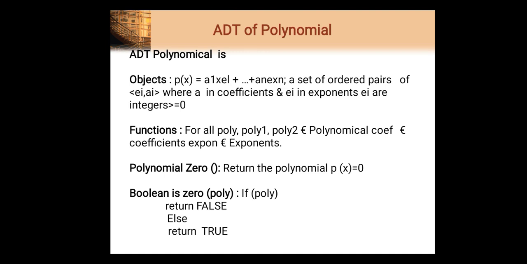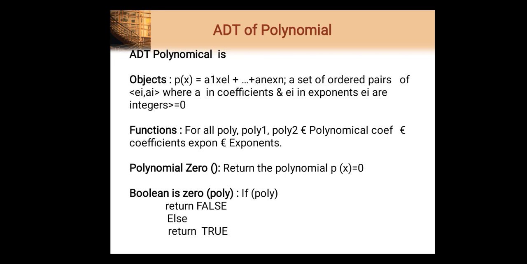Now the next example which I am showing you here is about how to write ADT for polynomial. In this video I show you 3 examples, and from next onwards you have to write it after each topic of data structure. When we cover the stack and the queue, then you need to write the ADT for the stack and the ADT for the queue, once you understand the ADT. So here I am showing you 3 examples. In the first example I showed you how to write the ADT on an array.